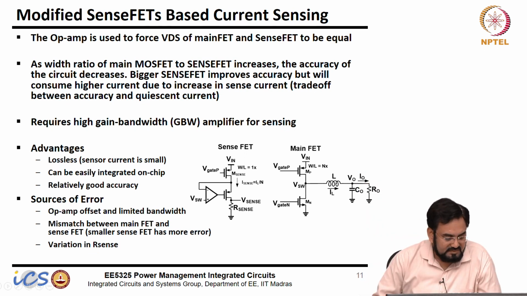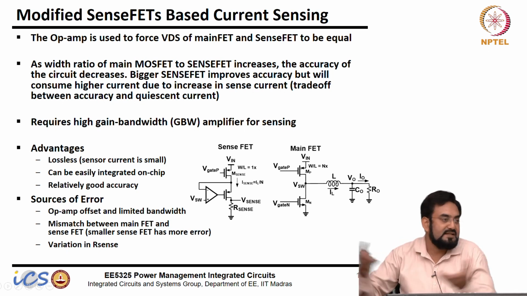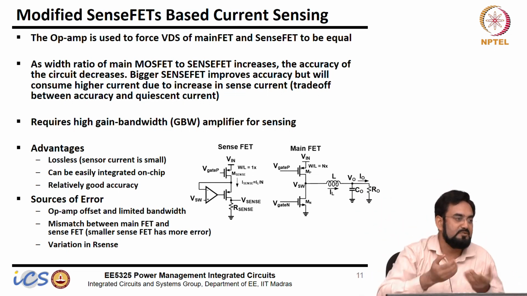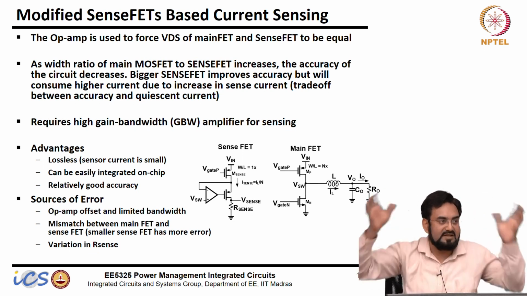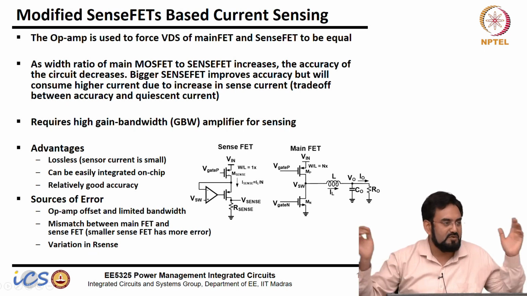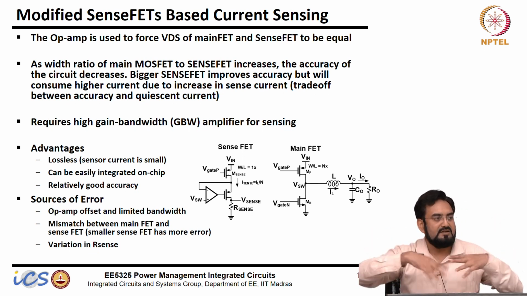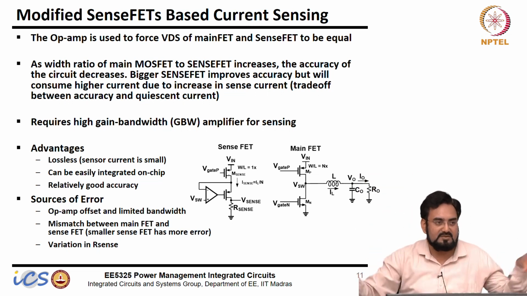Okay, so another mismatch between these two FETs will come from layout mainly. Most of the time we try to match these very closely, which means you have to place them very close. If you use a single device, it's very hard to match. This guy is 10,000 and that guy is 1. You don't know which corner you will keep to match it. The best way is to keep it at the center, only then can you match on an average. So most of the time, instead of a single device, we use 10 or 20 devices of this and spread them around. You keep them at all 4 corners and in between the center. On an average, you can get very good matching.